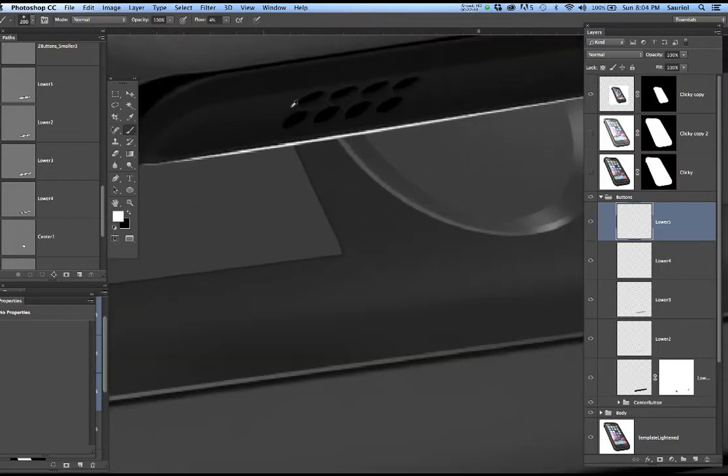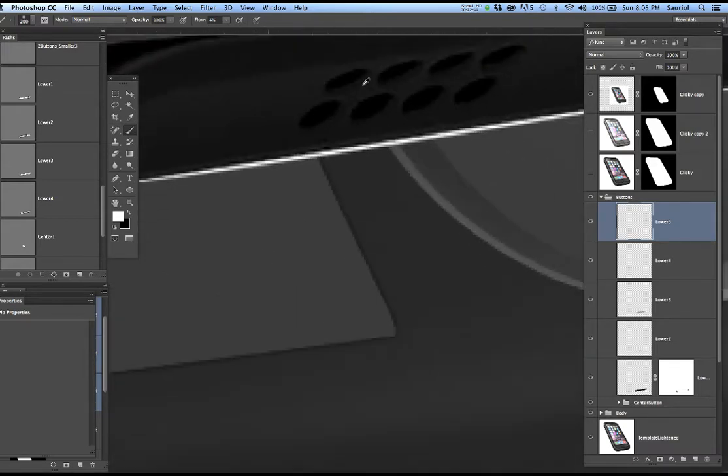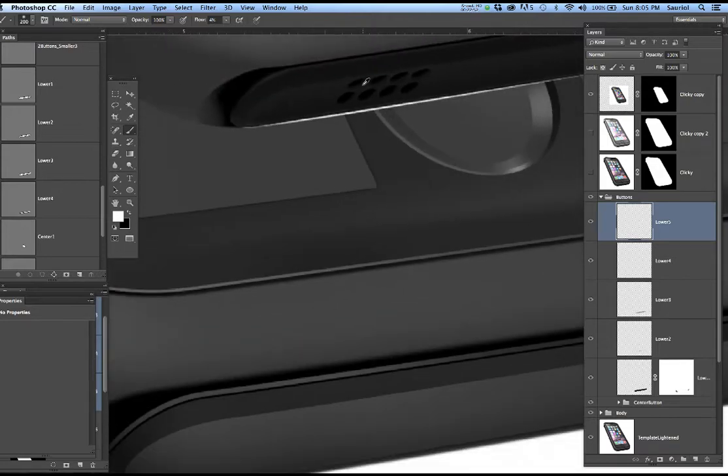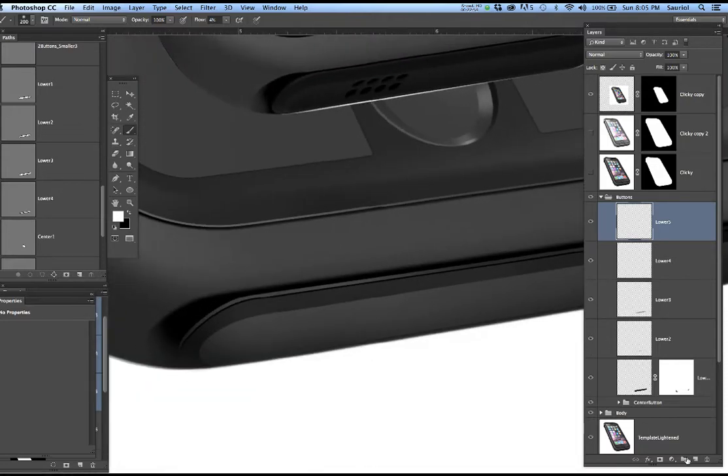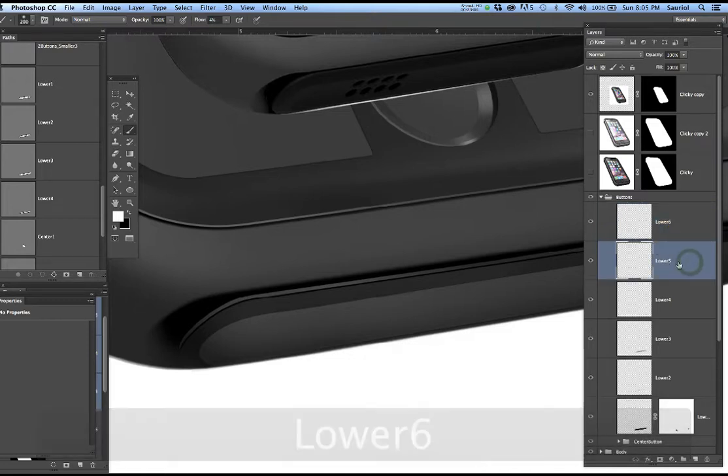Well, the holes consist of a dark with a little bit of a bright edge on the top. There's a little bit of a brightness on the top of those. So I could kind of do that with maybe 2 layers. So I'm going to put in 2 layers, and I'm going to go, that's lower 6 and lower 5. So what I'm going to do on lower 5, I'm thinking,